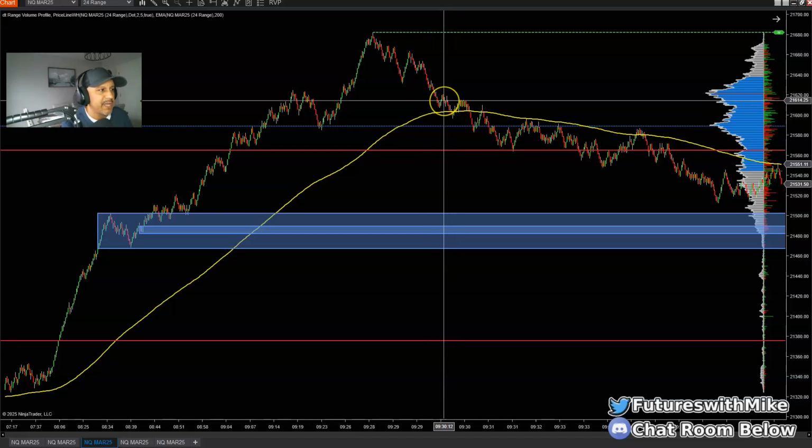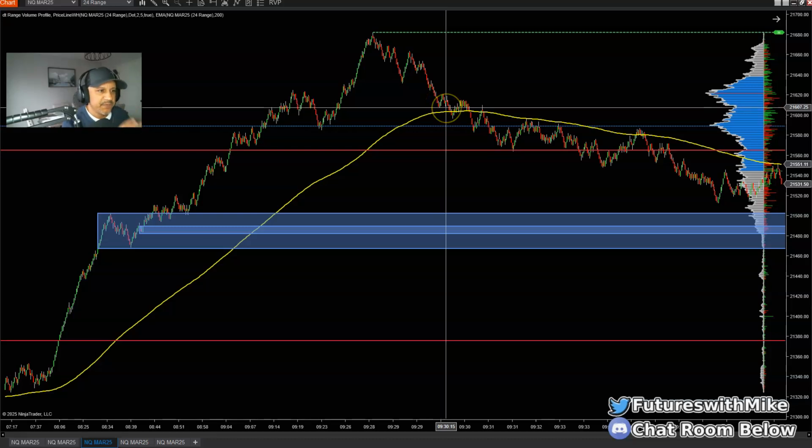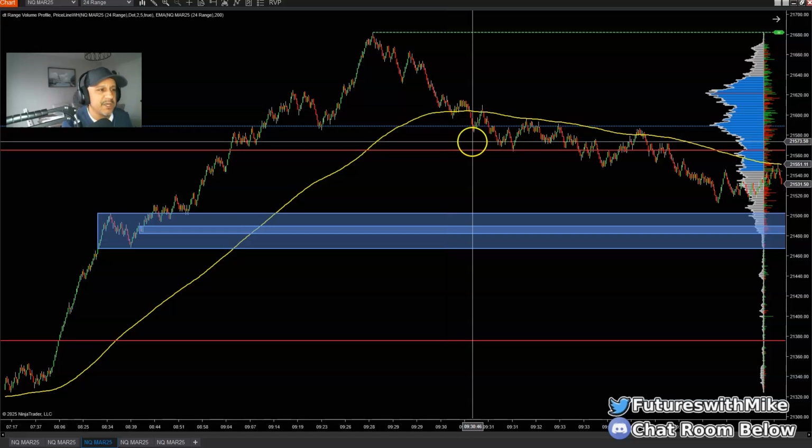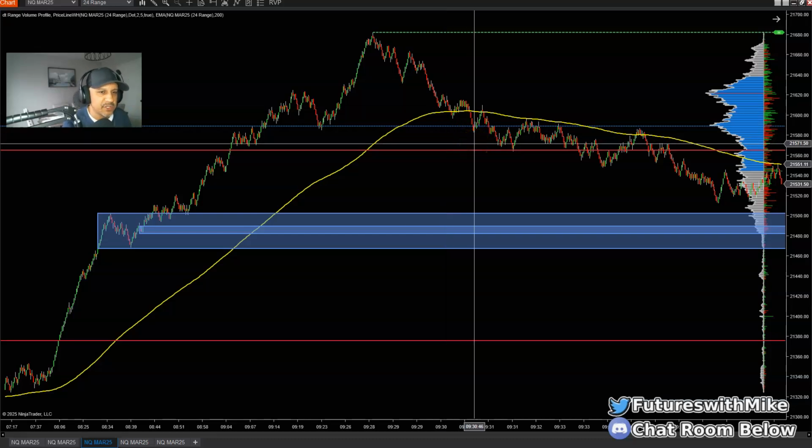You got to get out because there's supply resting right here. Understand that. Okay, all right. So I'm telling you that if you wait for the major structural breaks, most times you're going to be able to get in or capture the points that you need or pick up some points by doing that. Those small little minor structure breaks to the upside or the downside, you can definitely make some